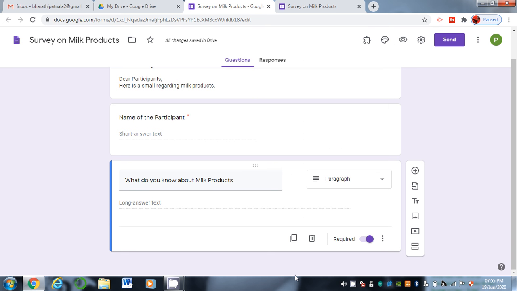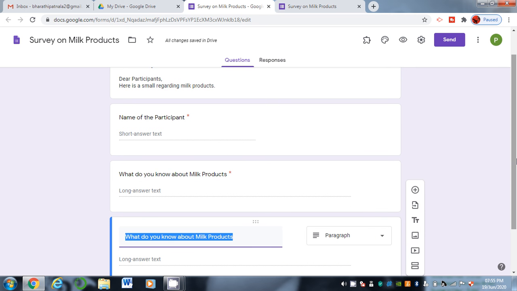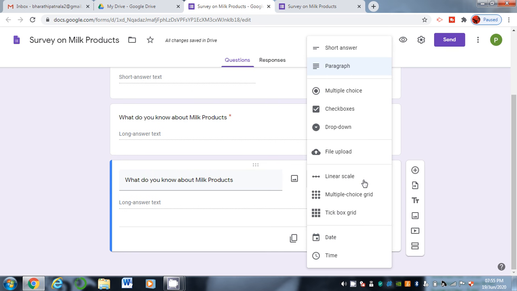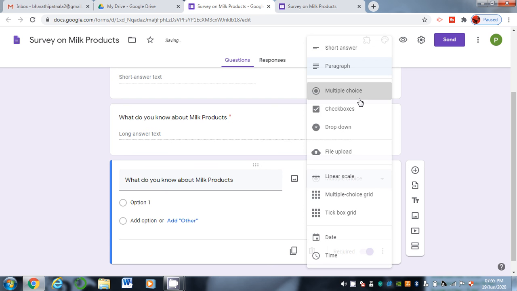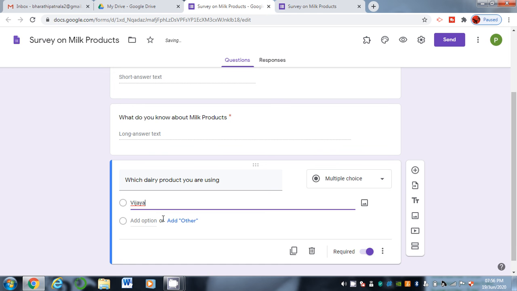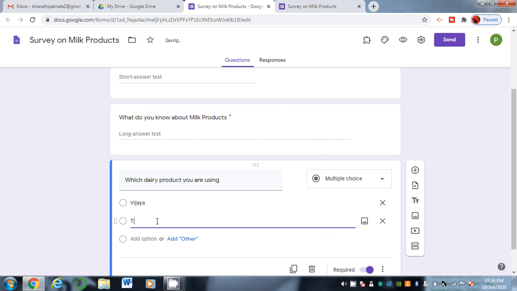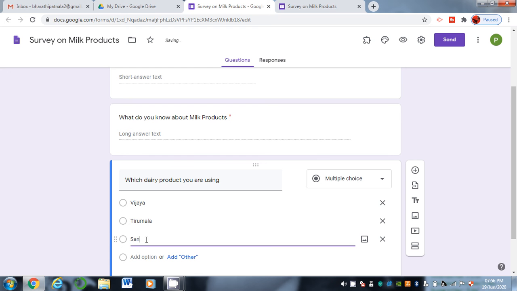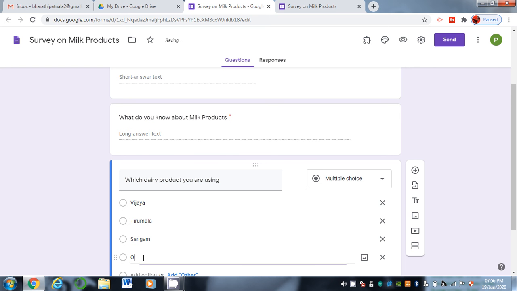Okay, next make one more question, and I am giving it as multiple choice. Okay, so which dairy product are you using? For example, Vijaya, Tirumala, Dairy Milk, some Sangam and others.